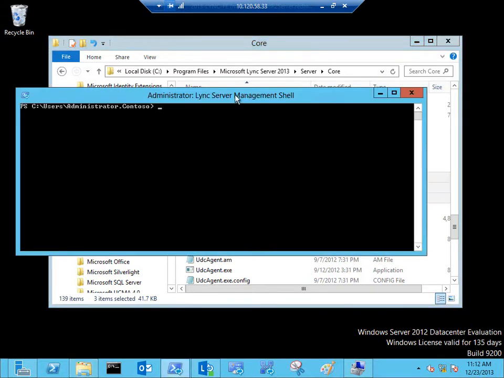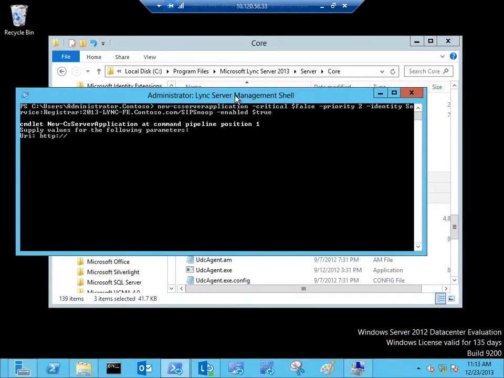I'll use the Lync Server Management Shell to register the application with the commandlet New-CsServerApplication. In a second, I'll show you the documentation for this command so you can look all this up later. The parameters I enter specify the application is not critical, will not run as a top priority, specify the application identity, and that the app is enabled.